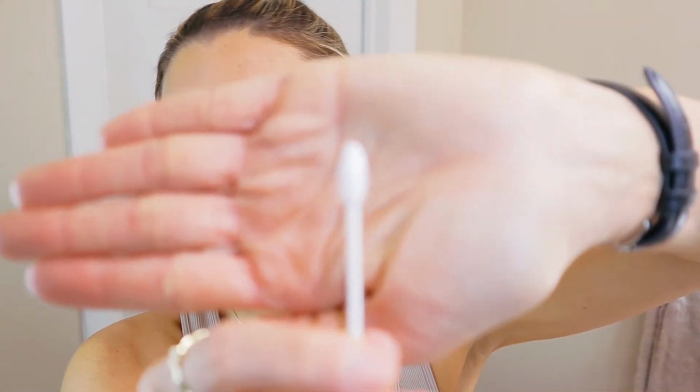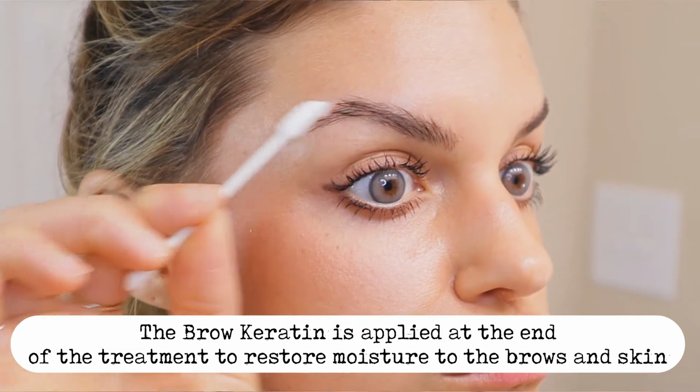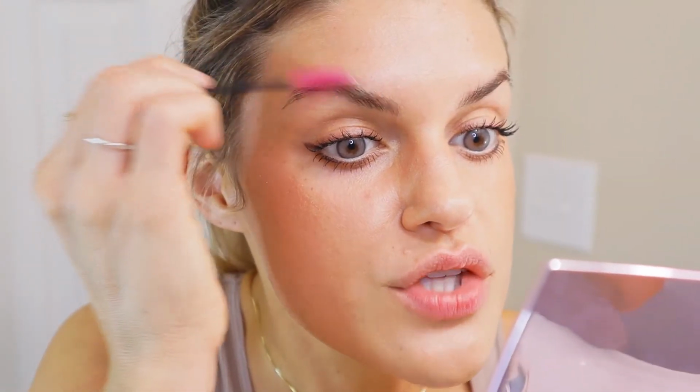So it is convenient that you can do it within the steps, but I've already done that, so we're going to go on to step 3, which is the Keratin Nourish. So we're gonna apply this with another clean Q-tip. So make sure that you have plenty of Q-tips when you're doing this. And I actually like these ones that are for makeup application, I guess. I don't know, the ones that are really pointy, because you get a more precise placement. And then it says to take a clean spoolie and go over that